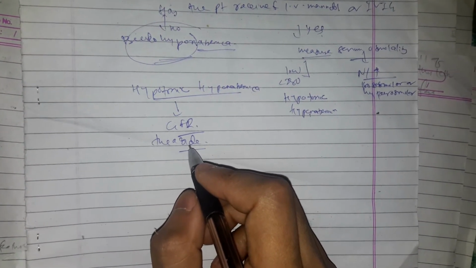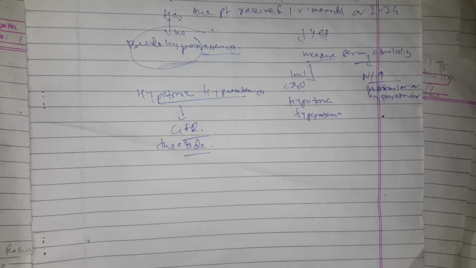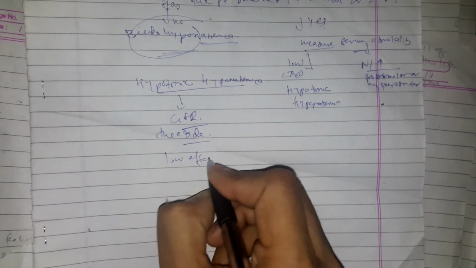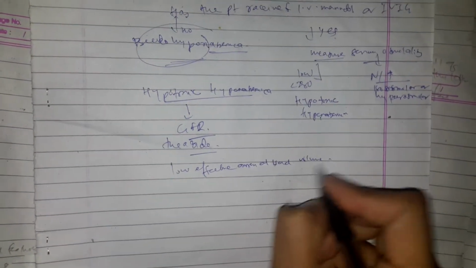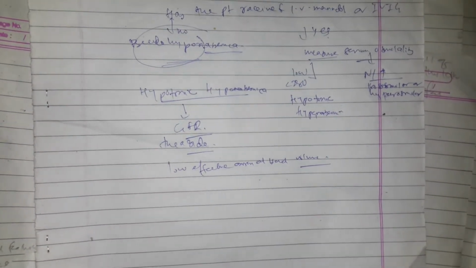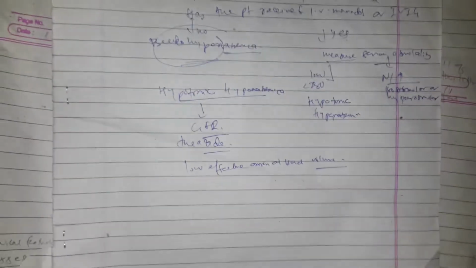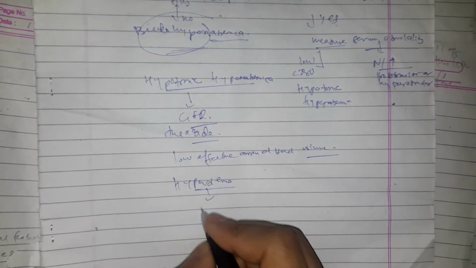And if there has been no thiazide diuretic use, then you have to check whether there is edema, like ascites. If edema is present, then it is due to low effective arterial blood volume, maybe heart failure or cirrhosis. And if it is no, then you have to check whether there are signs of hypovolemia, like low blood pressure, postural hypotension. If there are signs of hypovolemia, then measure urine sodium.